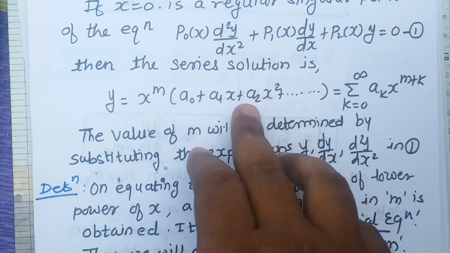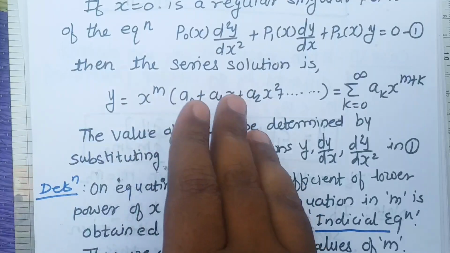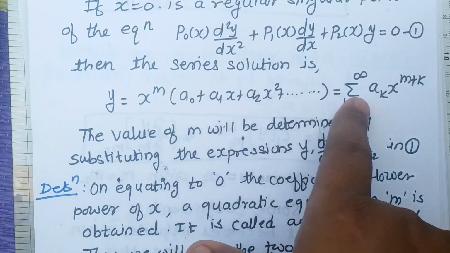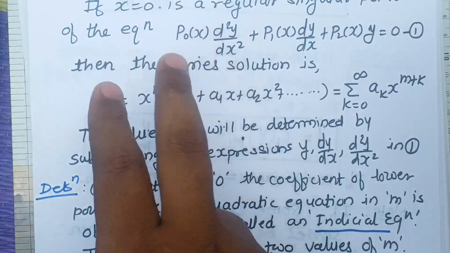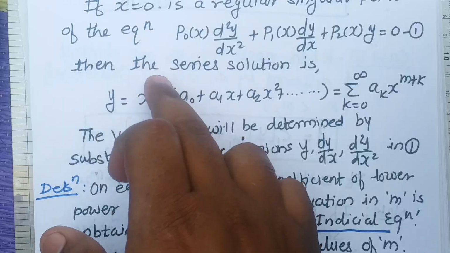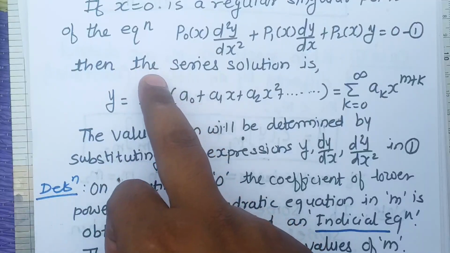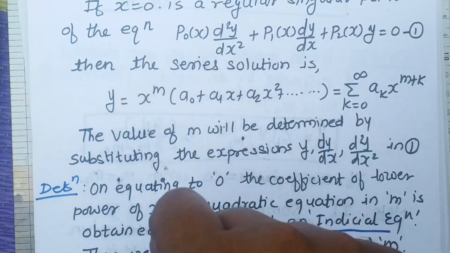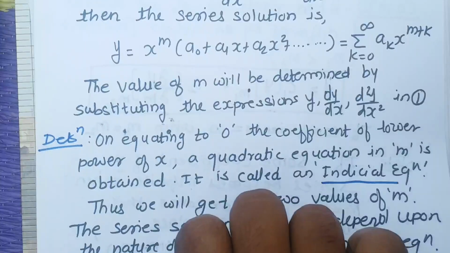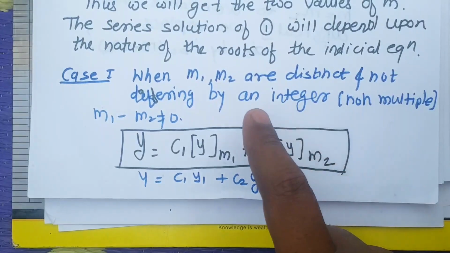There also we have done the calculation for the arbitrary constants a2, a3, a4. We have determined a2, a3, a4 in terms of a0 and a1. Okay, so that type of calculation again we are going to repeat here. But here we get the coefficients a1, a2, a3 in terms of a0. And once we get all the coefficients in terms of a0, that a0 can be taken common. That will be our value of y. And by putting the value of m, which is the root of the initial polynomial, we'll get one value first, that we will call as y1, and the second value of y, which we call as y2, can be obtained by putting m equal to the second root m2. Okay, so this is how we'll get y1 and y2 in the first case, when the roots of that initial polynomial are distinct and non-differing by integer, that is non-multiple.